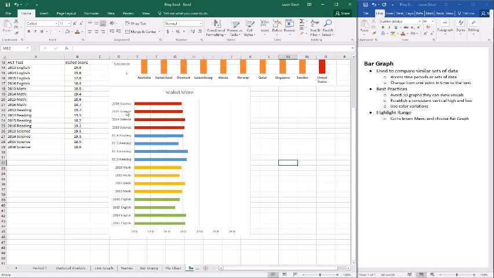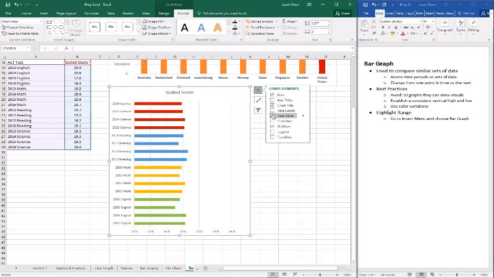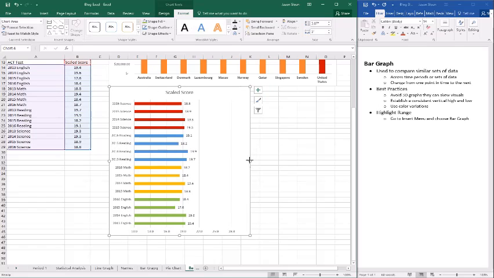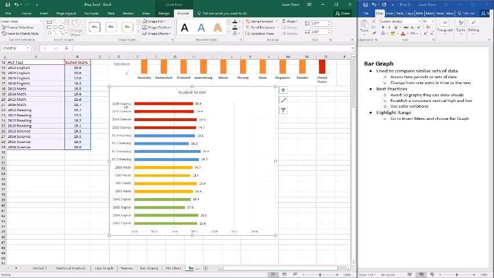Now, one of the things about this when we look right here that I like is when I add my data labels again. So here we have our data labels. We don't have to have a legend because you'll notice it's 2016 through 2013. So all of this is right here. So we've got this. Now what's cool about this, we can look at the science and see where we're at. We can look at the reading and notice that here we had a drop, here we had a drop,